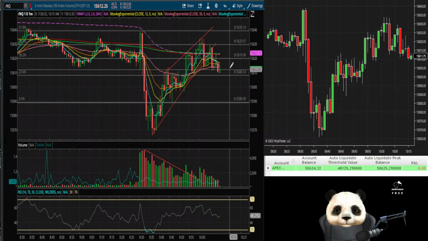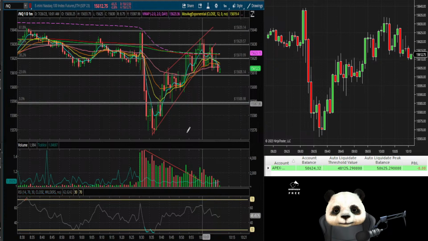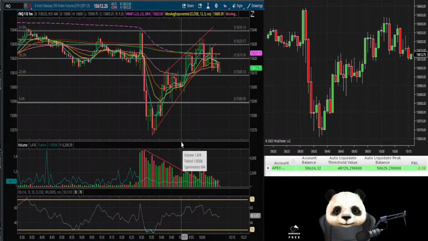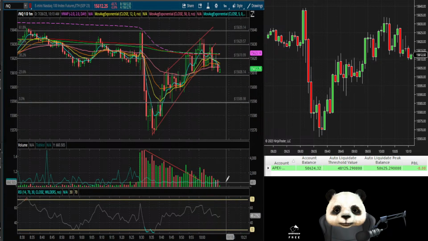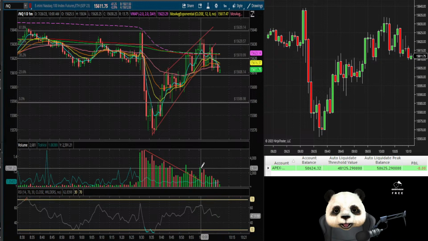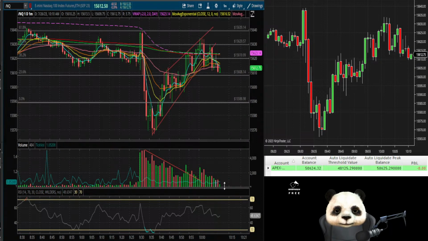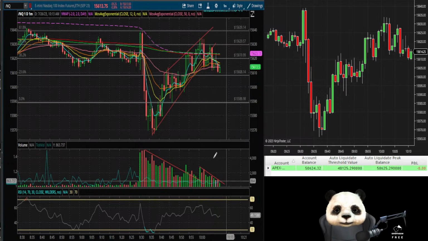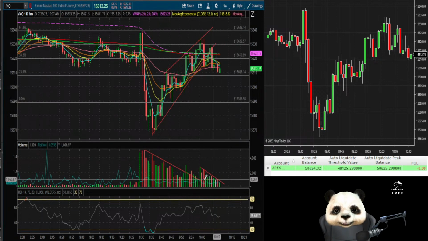Catching some downward movement for sure, but look at this tiny volume. Look at this. Whoop, going down again. Whoop. We got a whoop. All just leading to some flat, low volume.